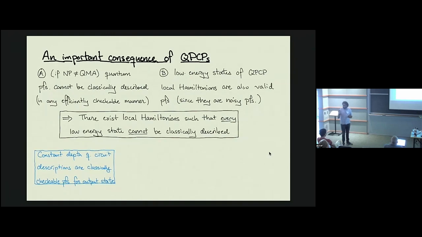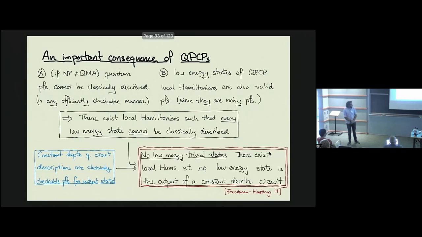But let's take one and just look at it, which is constant depth quantum circuits. So if you have a state that is the output of a constant depth quantum circuit, here I'm going to think of my circuits as having, say, 2-local gates with interaction between any of the particles, any of the qubits. And I claim that these objects are classically describable and classically checkable. I'll show a proof of this shortly. But these objects form a classical description just like this. And the combination of these 2 box statements is this